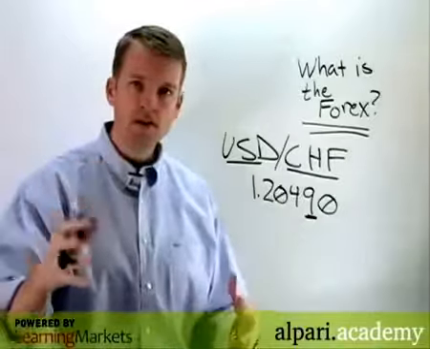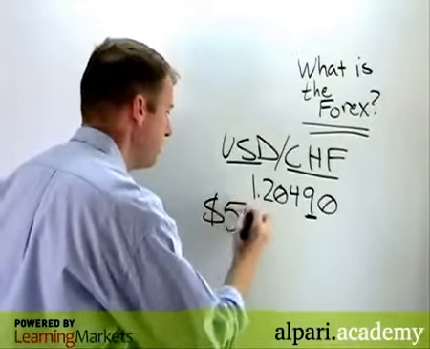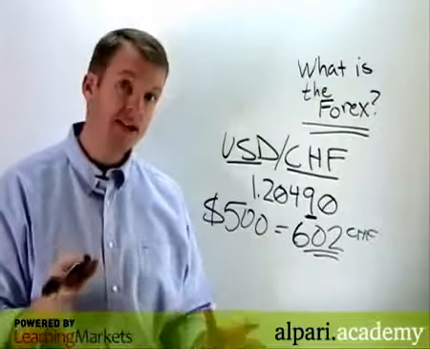Now, if we were to convert some spending money, let's say, for example, we're going to turn $500 worth of spending money into francs at this particular exchange rate. Well, that's going to give us 602 francs. All right? So now we've done our first foreign exchange transaction. If you've ever traveled abroad, this is what you've done. You've turned your domestic currency into another currency at the exchange rate. This is 1/2 of the foreign exchange transaction.